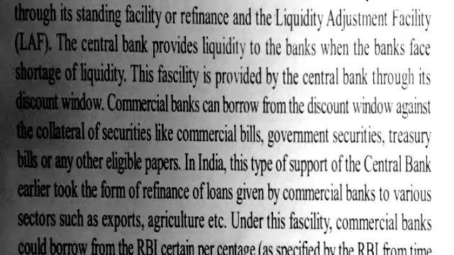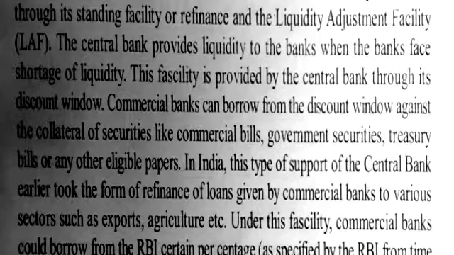The central bank provides liquidity to the bank when the bank faces a shortage of liquidity. This facility is provided by the central bank through its discount window. Commercial banks can borrow from the discount window against the collateral of securities like commercial bills, government securities, treasury bills, or any other eligible paper. In India, this type of support of the central bank earlier took